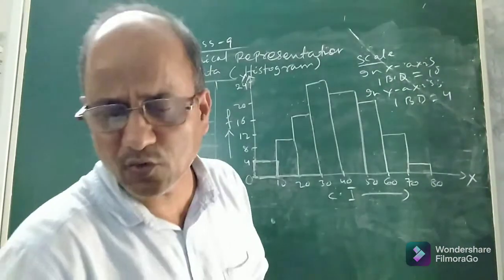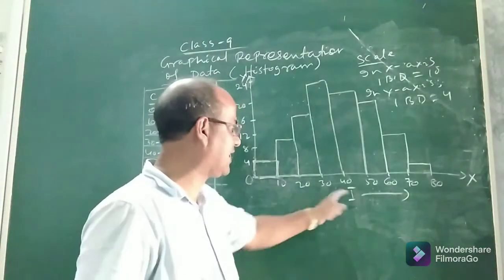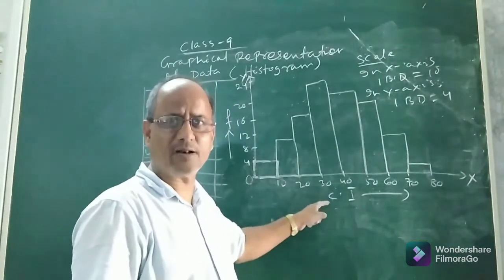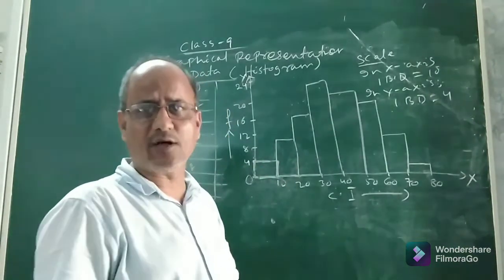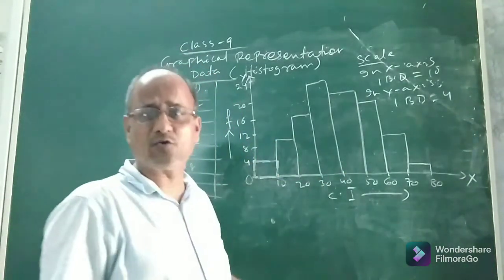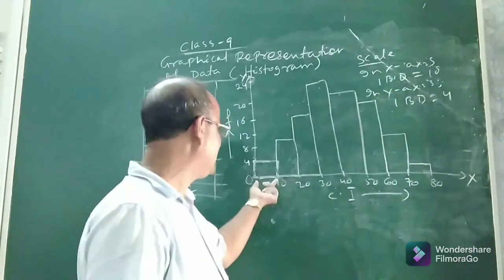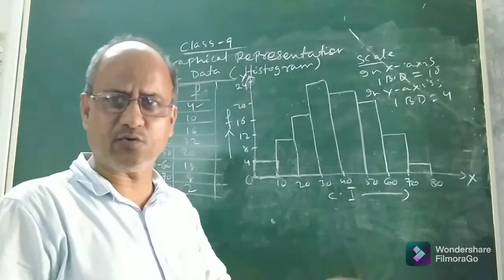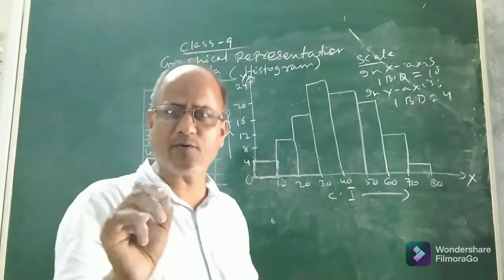Children, I hope you understood what is histogram. That means you construct rectangles with class intervals. These are the class intervals. Class intervals will be taken as bases and the length will be proportional to the frequencies. Corresponding length of rectangle will be proportional to the corresponding frequencies, and these class intervals are the bases. Or you can say this is the width of the bar or rectangle, equal to the class size. Then the solid figure so obtained is known as a histogram. Children, I hope you understood what is histogram.